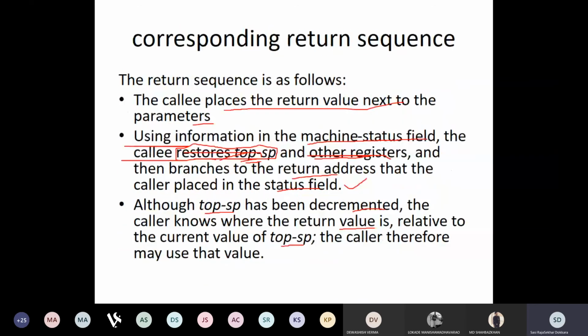So this is how the return sequence is going to exist for the calling sequence. As we have discussed, there are two parts, the calling sequence and the return sequence, and this is how both of them are going to run.